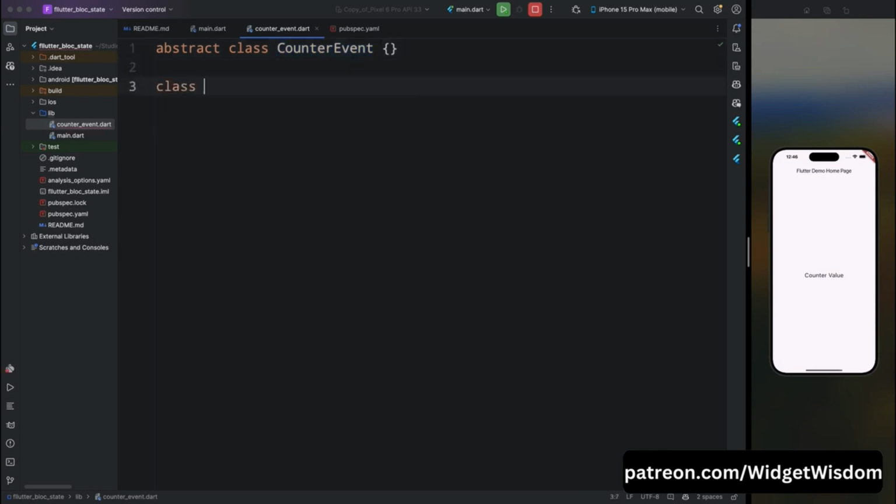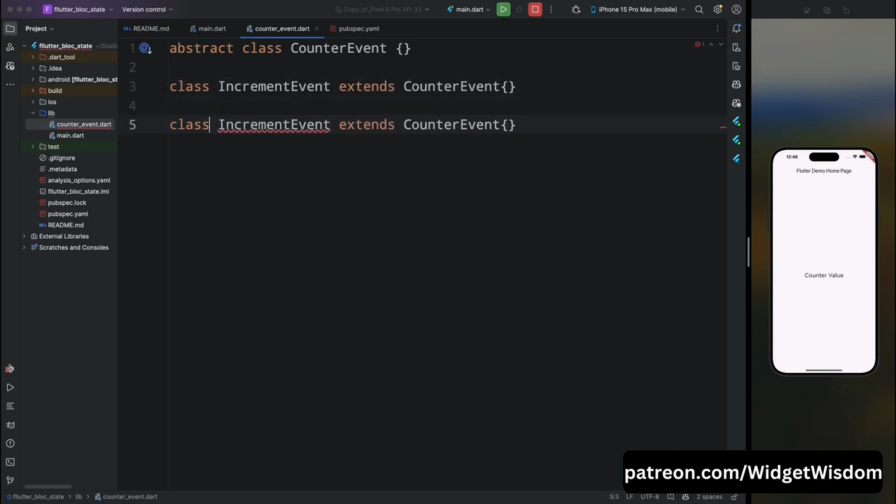Then here let's create two classes. One is IncrementEvent and another one is DecrementEvent. So the IncrementEvent class will represent the action of incrementing the counter and the DecrementEvent class will represent the action of decrementing the counter. So these are the two events that can be triggered in the counter app. These IncrementEvent and DecrementEvent are specific events that tell the Bloc to either increase or decrease